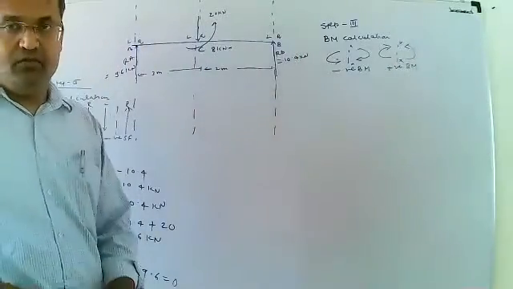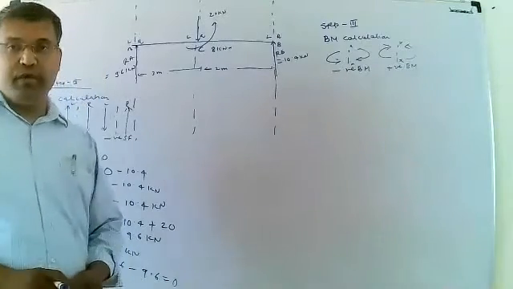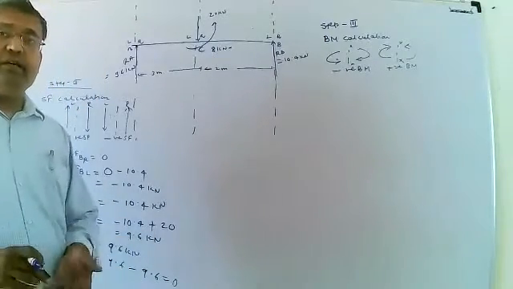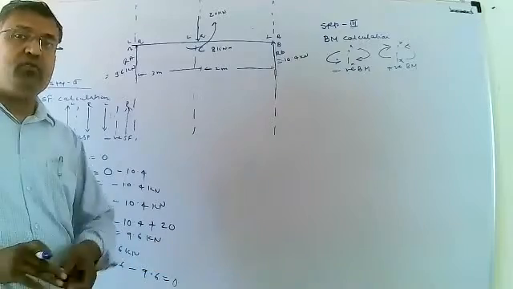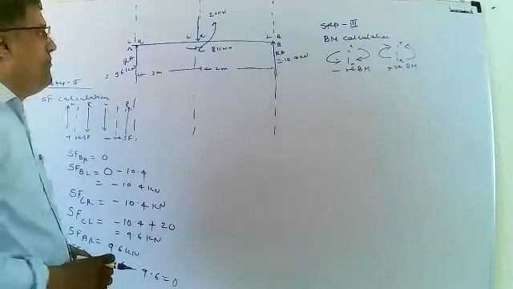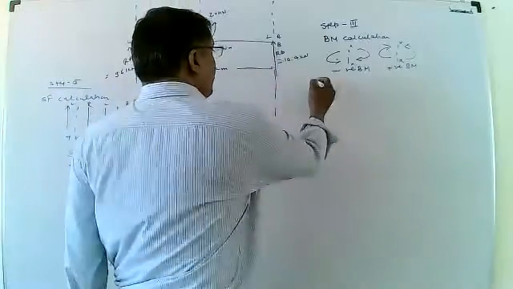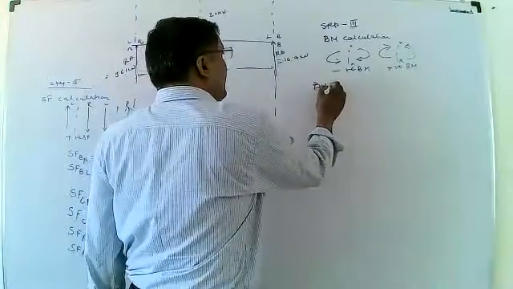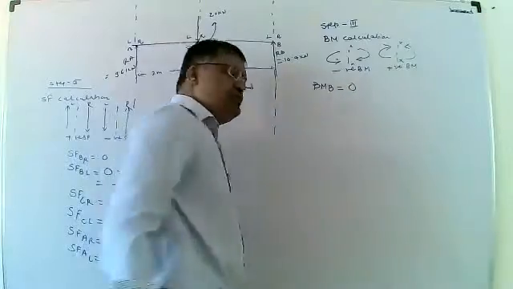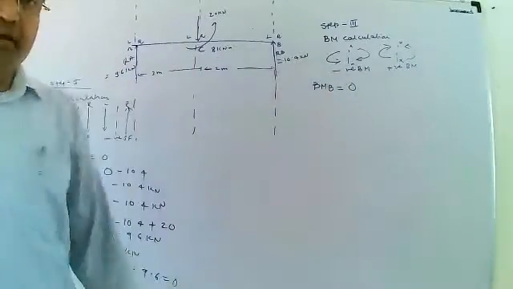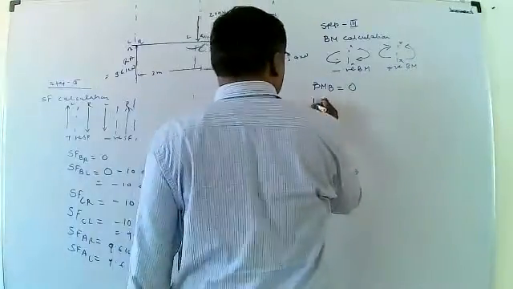Okay, that is the sign convention which is related to bending moment. Bending moment is the product of force into perpendicular distance. Then here first we take bending moment at D, that will be equal to 0, and bending moment at A